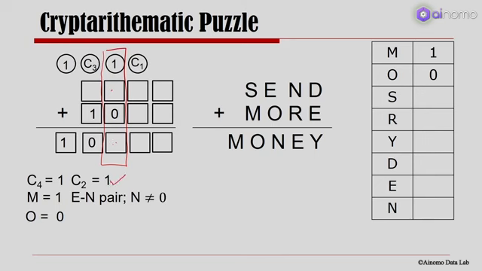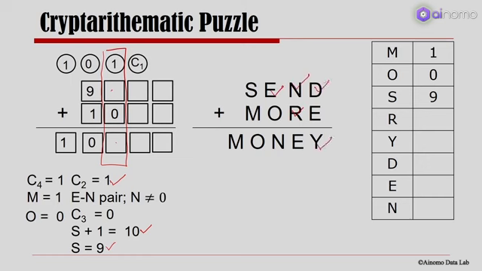Once I realize the carry forward C2 is 1, I take one step further and assume C3 to be 0. Once I take C3 to be 0, I have S plus 1 is equal to 10, because that's a carryover. So S plus 1 is equal to 10 gives me S is equal to 9. So I have my third variable satisfied, S equal to 9. I update my variables, S equal to 9 there, and then now I have to look for R, E, N,